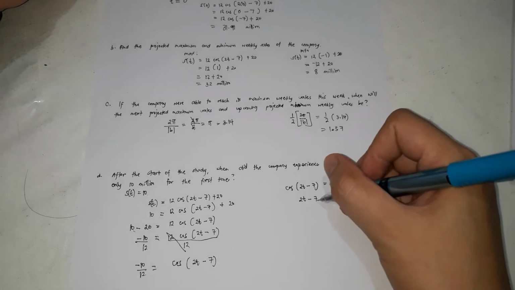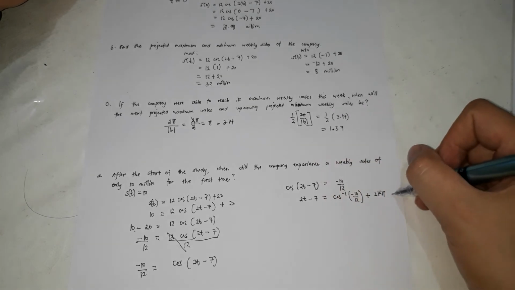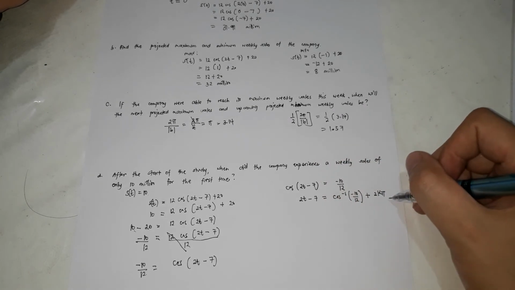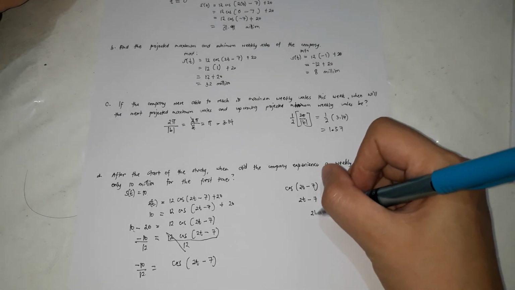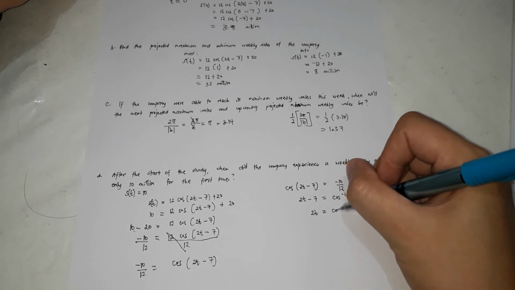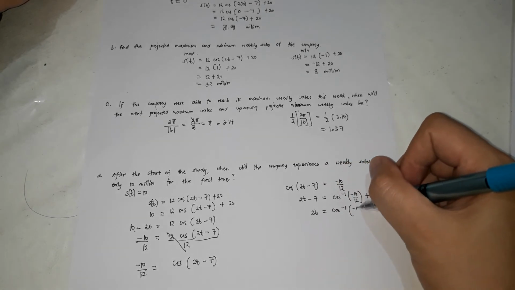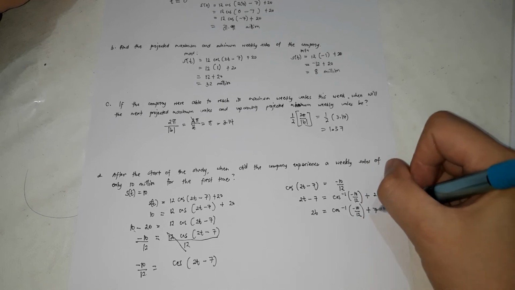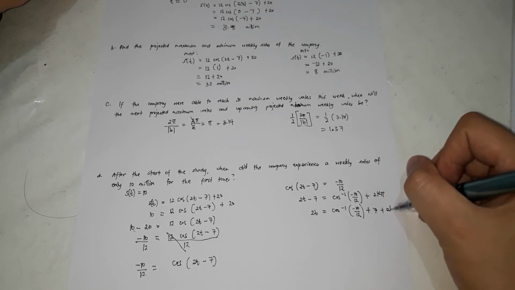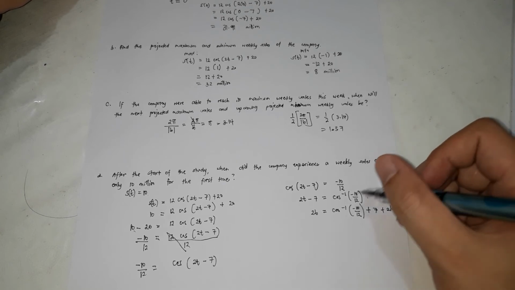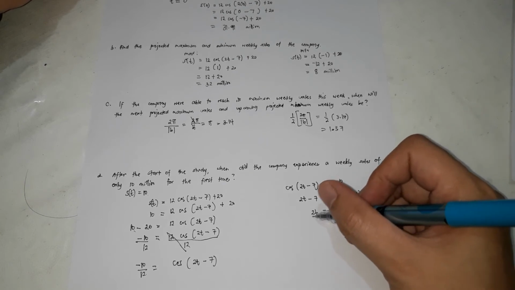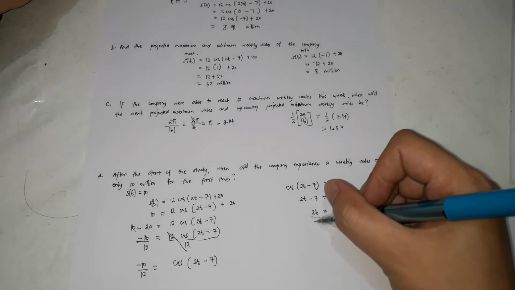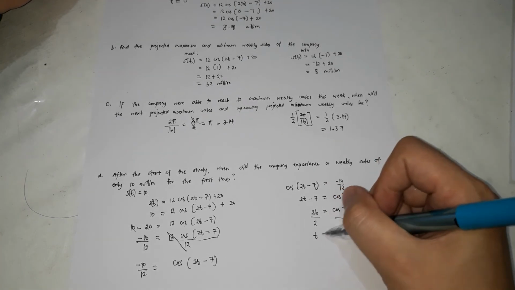Next, transpose the 7. We always add 2k pi. So transpose 7 so that only 2t is left: cosine to the negative 1 of negative 10 over 12. Put the 7 here, plus 2k pi. Next, we need only t to be left here. So divide both sides by 2. T is equal to,